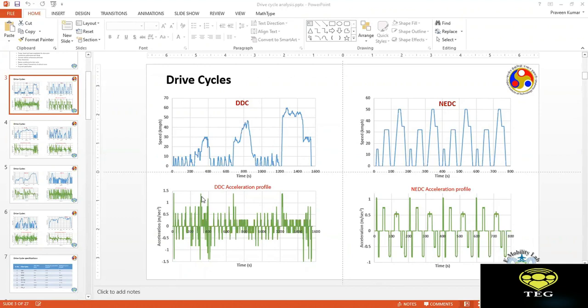Moreover, maybe 10 or 15 different drivers collected the data, because every individual driver has a different style of driving. So it's more or less a generalized representation of the driving pattern in different locations. All the drive cycles are that way. Regarding the wheels of the vehicle, is it a four-wheeler driving pattern or a two-wheeler, because both might be different? These are all for four-wheelers.